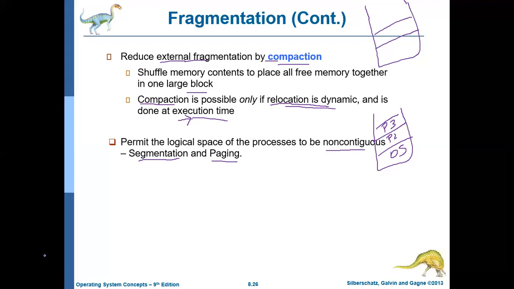Then we discussed memory allocation and the multiple partitioning method. Under that, we discussed two techniques: fixed size partition and variable size partition. Fixed size partition creates one type of fragmentation called internal fragmentation. That is, the memory allotted to a process may leave small fragments, and these wasted fragments are called internal fragmentation. Variable size partitioning may lead to a problem called external fragmentation.